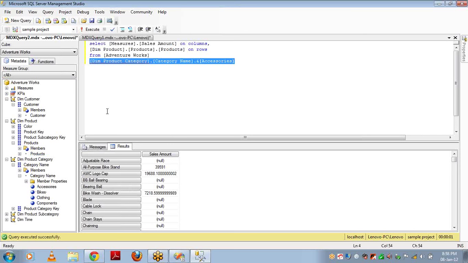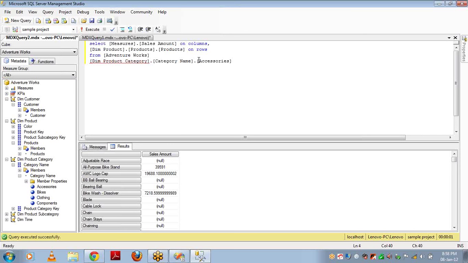it is coming like this: the product category dot category name dot ampersand accessories. And you know why we are using the ampersand. Ampersand refers to the key column of the attribute, whereas if you remove the ampersand, it refers to the name column. In the category name case, both are the same, so even if I remove the ampersand, it doesn't make any difference.